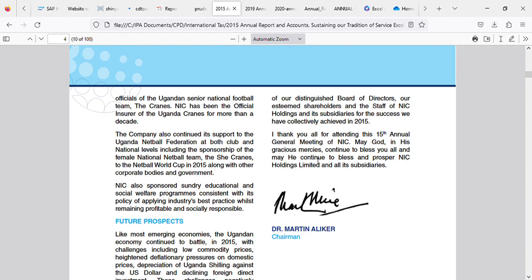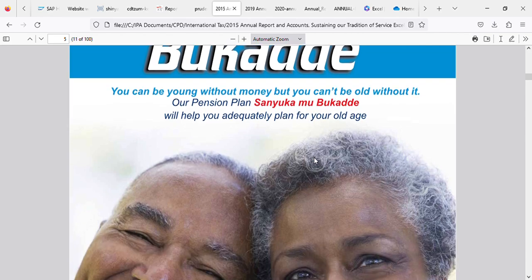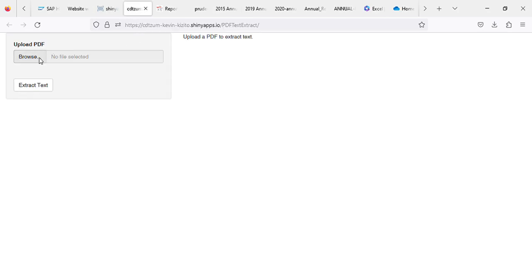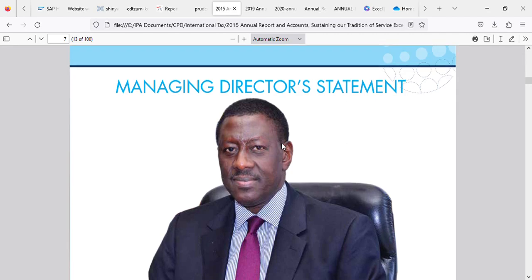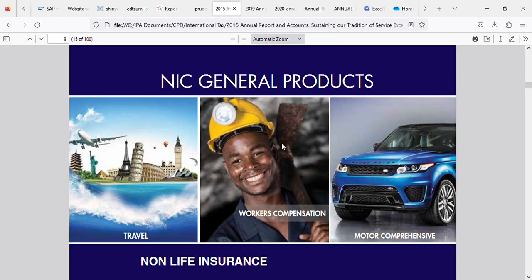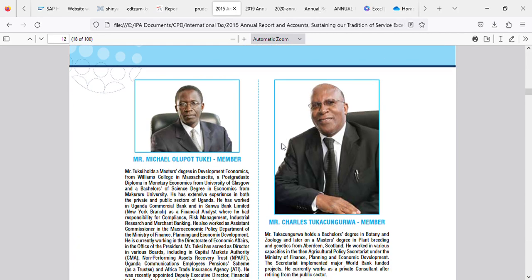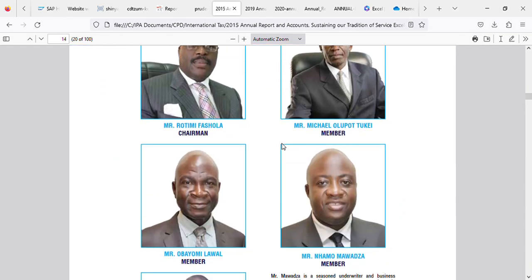You go back and you check on our online tool, the IFRS interpretation and compliance tool. But with this tool, the automatic feature is very good because let me just select it here so that it extracts all the text. So we are going to extract all this information that you see, and we are going to put it into our tool to check whether these financial statements that were prepared are in line with IFRS 17,